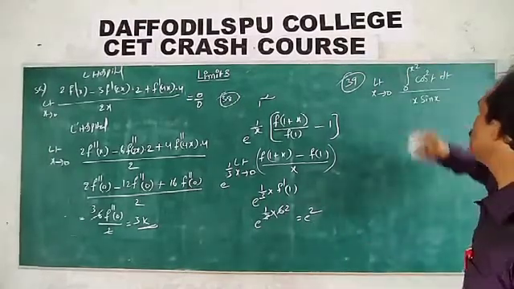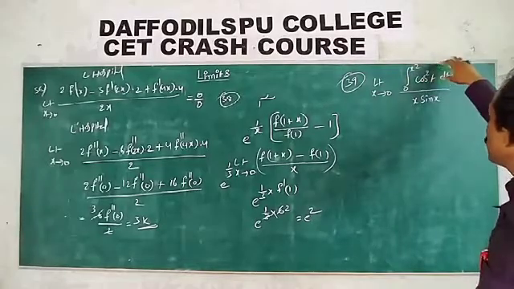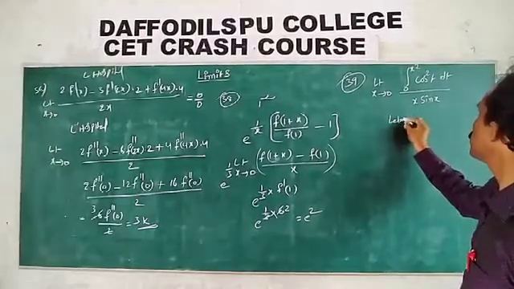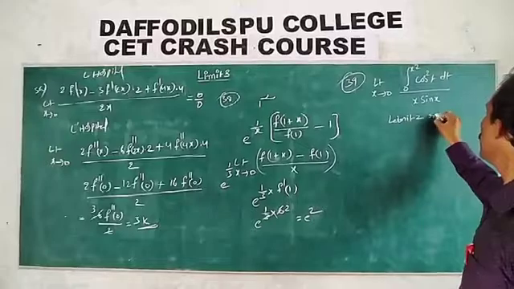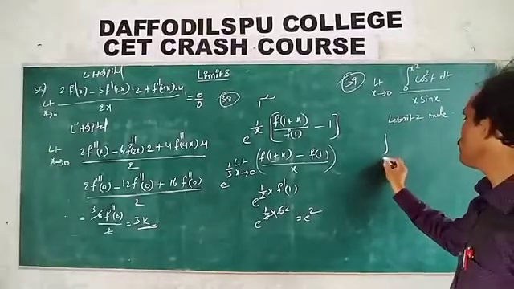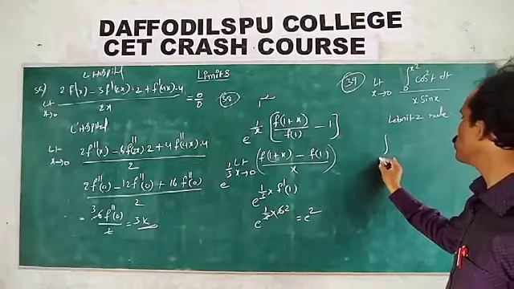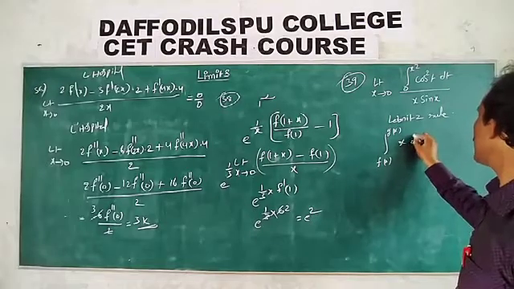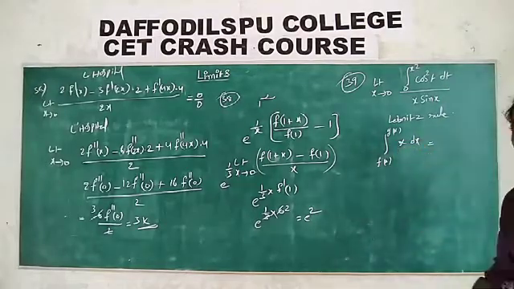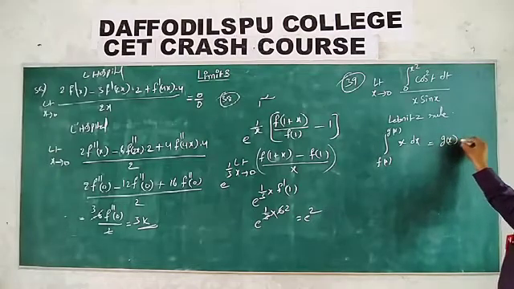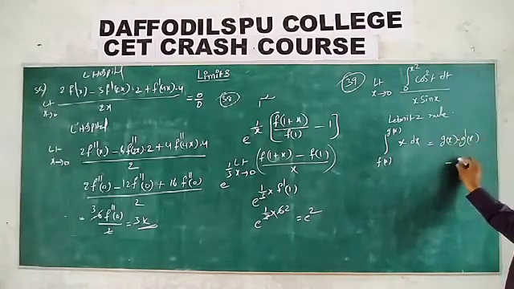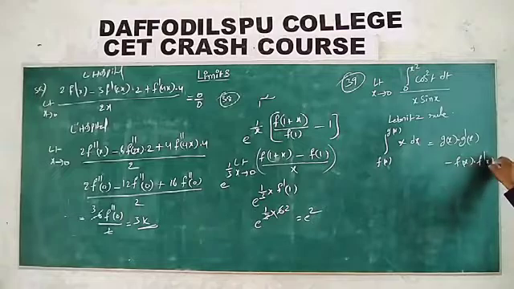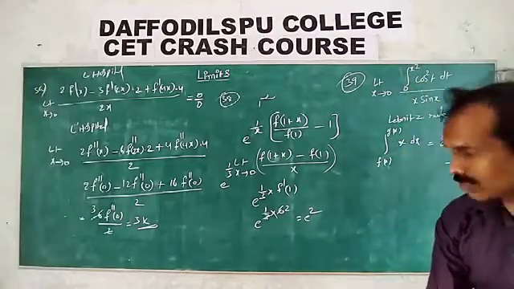L'Hospital rule. How to apply it for this derivative? L'Hospital means f dash x by f dash x. So here integration is there, so by Leibniz rule. Suppose this is f of x and this is g of x, and here is the function. What is Leibniz? How to apply this derivative: g of x into g dash x minus, in place of x substitute f of x into f dash x. This is the Leibniz rule. Like this, apply for this.